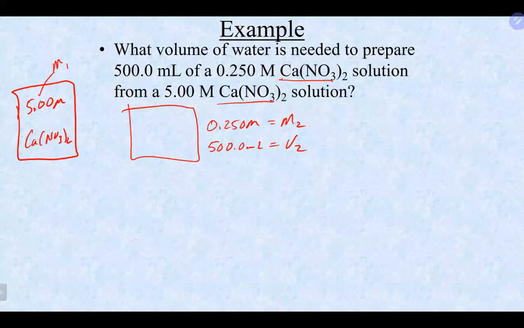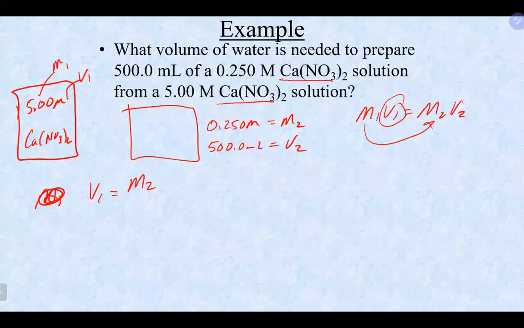So it really is a dilution equation. So we are going to look for V1, which is really how much of that guy we need to take out. So using our M1V1 = M2V2, once again here, we're going to solve for V1. And that would give us that V1 is equal to M2V2 over M1. Putting in our numbers here,